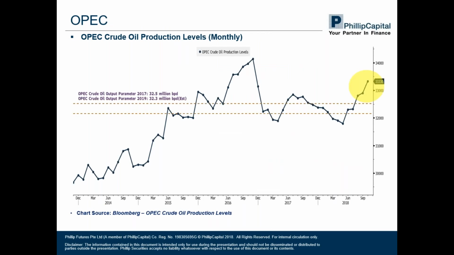Okay, we'll start with OPEC first. Currently we are seeing OPEC production levels have gone up. It has broken out of the 32.5 million barrels per day agreement, the original production level that was set in 2017, because OPEC Plus was under pressure in the second half of 2018 to increase production in lieu of an impending supply deficit from Iran. But of course, that's why we're in a bear market. So the suggestion now is to push prices